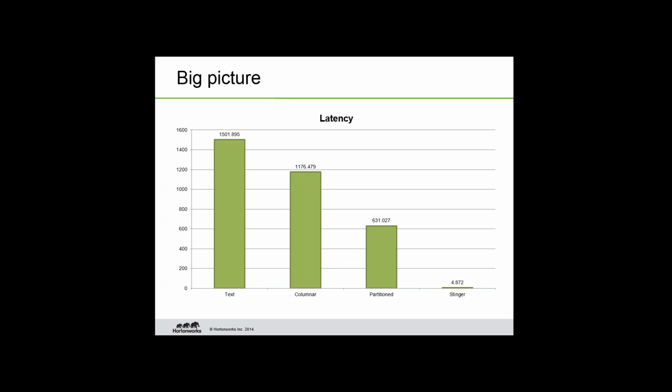So the big picture is latency over time. For the general case of text-based Hive tables, latency is measured at more than 1,500 seconds. For the columnar table, latency is more than 1,176 seconds. For the partition table, latency is 631 seconds. But only on the Stinger platform is the latency just 4 seconds, because